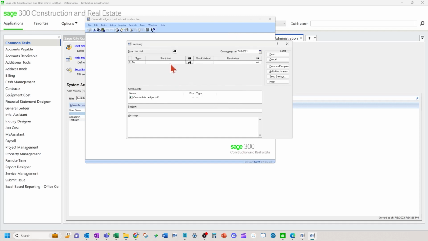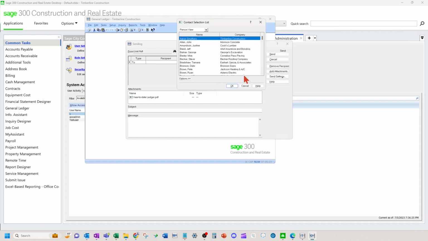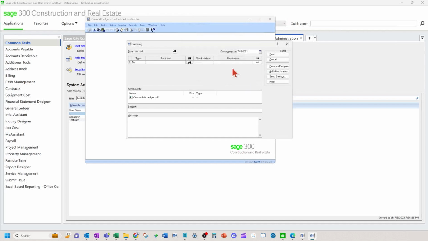If you don't have the contact in the system, you need to go to the address book and add that contact in. You can't really add it on the fly on this contact list, like you kind of can in Intacct in a lot of those areas. So just a difference there.